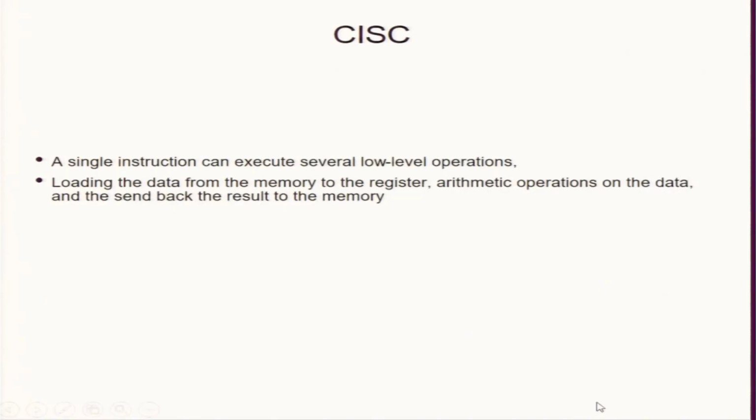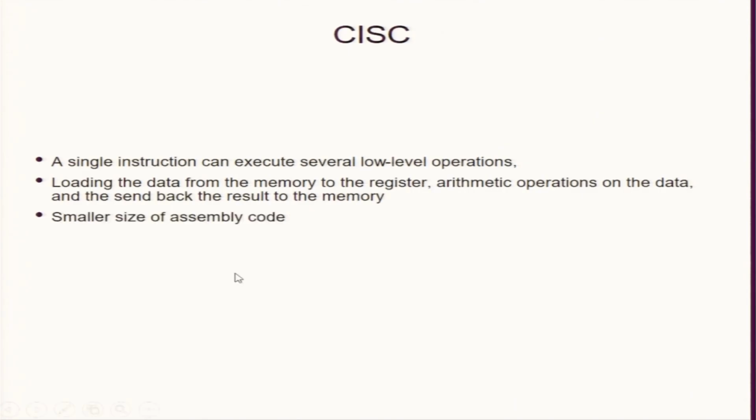So one instruction was more powerful, but required a lot of integrated circuits which were very complicated, right? In fact, there were math processors which could do one complex operation within a cycle. Understand? Multiply 8 sets of numbers: A into B, but A was 8 numbers and B was 8 numbers, and in one shot you should do it. So it's called a math coprocessor, and people were designing that kind of thing because the RAM size was small. So you load the data from memory into registers, do arithmetic operations on the data, and then send the data back to memory. You are doing all this, and the arithmetic operation could be a complex operation.